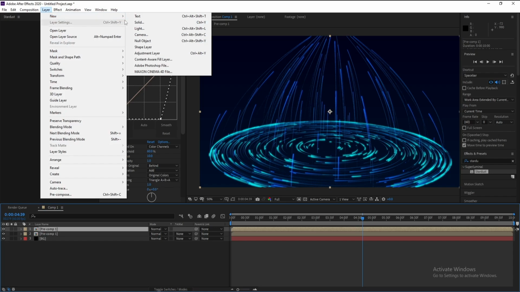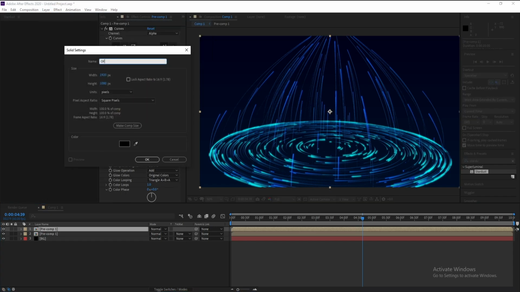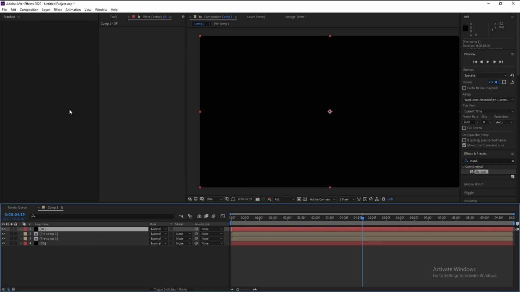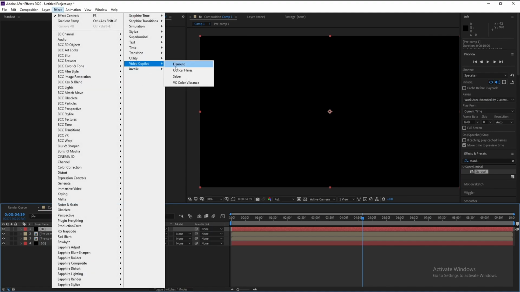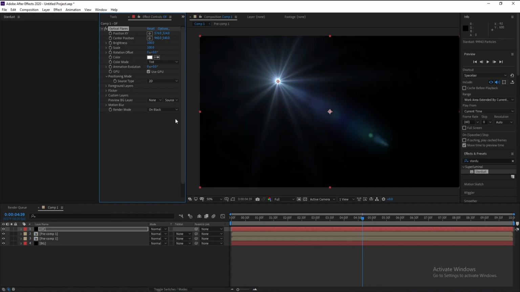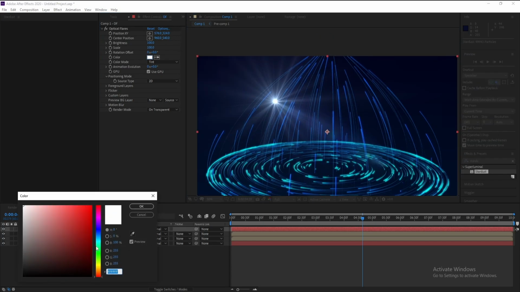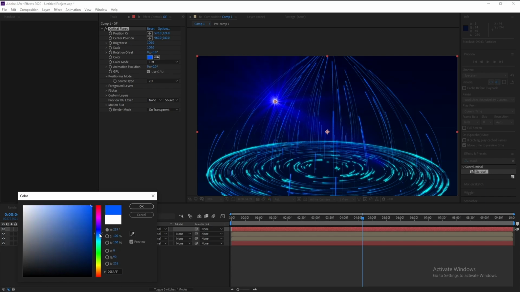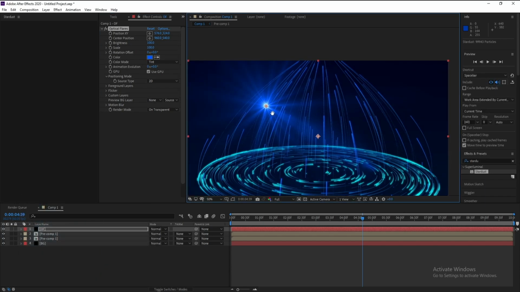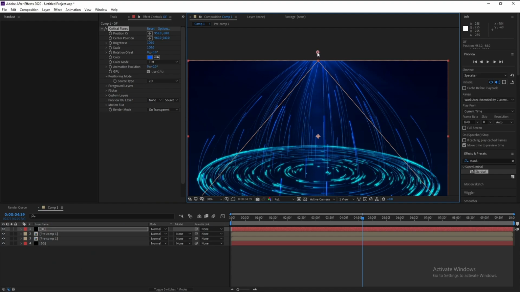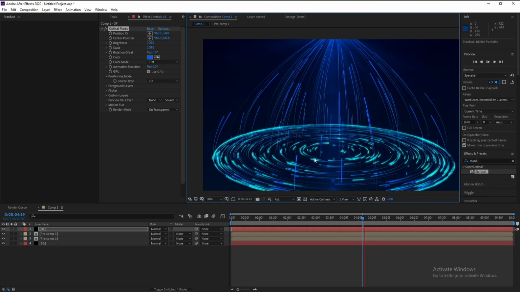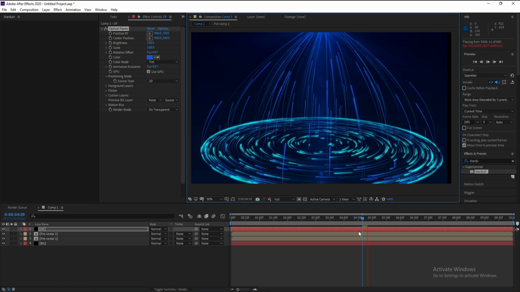Okay, now I also go to layer, new solid, optical flares, then hit OK, go to effect, video copilot, and optical flares. On black, change it to on transparent, and I want to change this light like this. Also I'll move this up like this, and this is our